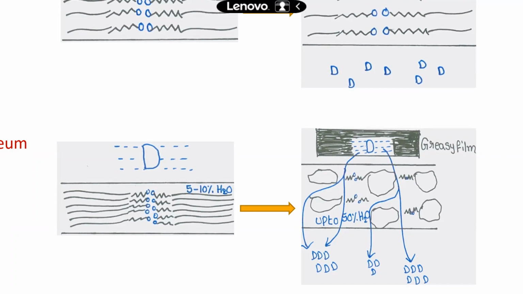Then, sir, how is it possible, sir? Then how can you increase the moisture content from 5 to 10% to 50%? 5% to 50% means how many times increase? Ten times the moisture inside the skin increases. How is it possible? Increasing the moisture content in stratum corneum is called hydration. Hydration means addition of water. But it is impossible to add the water from outside into skin. Then, sir, how is it possible? Then I will say.